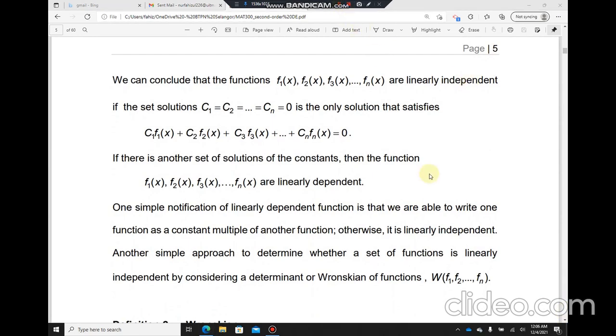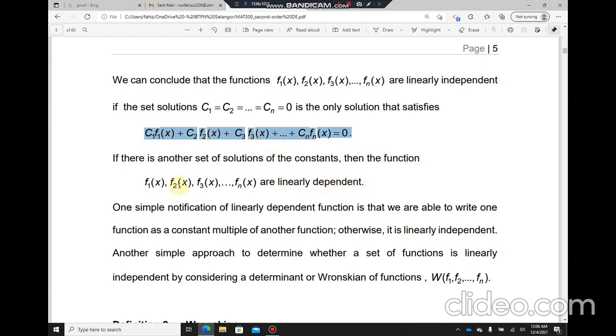Okay, so we can conclude that the functions f1, f2, f3, fn are linearly independent if the set of solutions C1 equals to C2 equals to Cn equals to 0 is the only solution that satisfies this equation. Dia macam apa, C1, C2 ni kena 0 baru dia memenuhi syarat yang ni. If there is another set of solutions of the constants, then the functions f1, f2, f3, fn are linearly dependent. So kalau ada set solution lagi yang menjadikan dia kosong juga, tapi C1, C2, C3 ni ada value, so dia